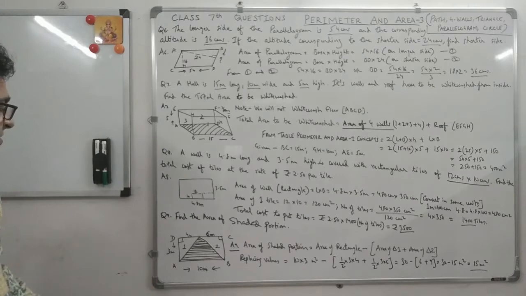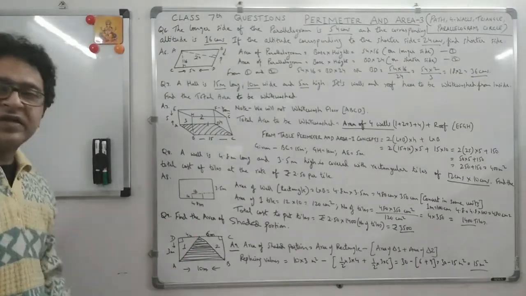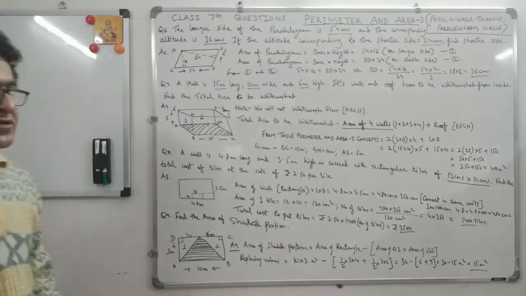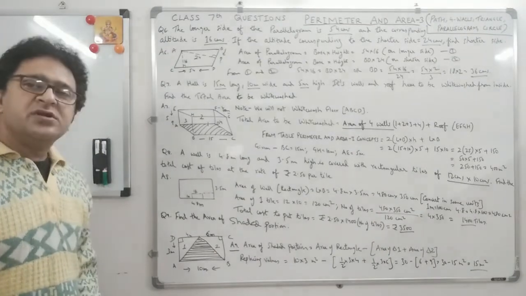So how many figures are being made? One is a rectangle and one is 1 and 2. Now I've given you the hint. 1 and 2 are triangles and this whole is a rectangle. So I hope you got the idea. How would you get the shaded portion?